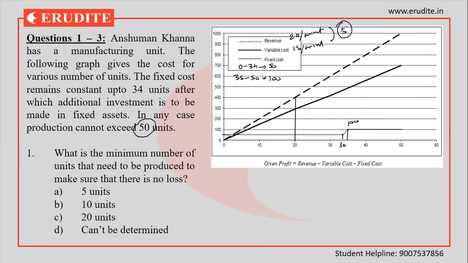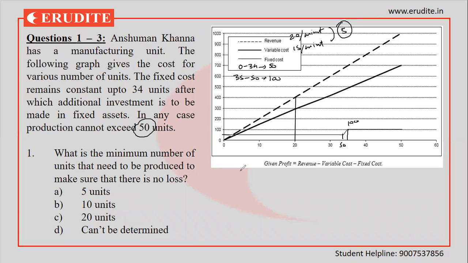What is the job of this margin? The first job of this margin is to take care of the fixed cost. Because if you see, at zero production, no variable cost, no revenue, still there is a 50 rupees fixed cost. So that means 50 rupees loss. So first we take care of this 50 rupees loss and then generate profit. Here we need minimum units to take care of the loss, and then there is no loss.